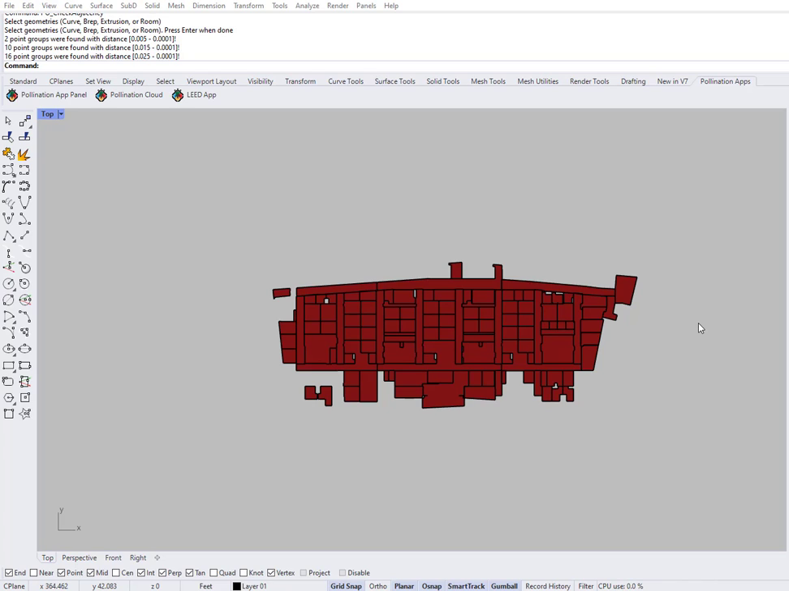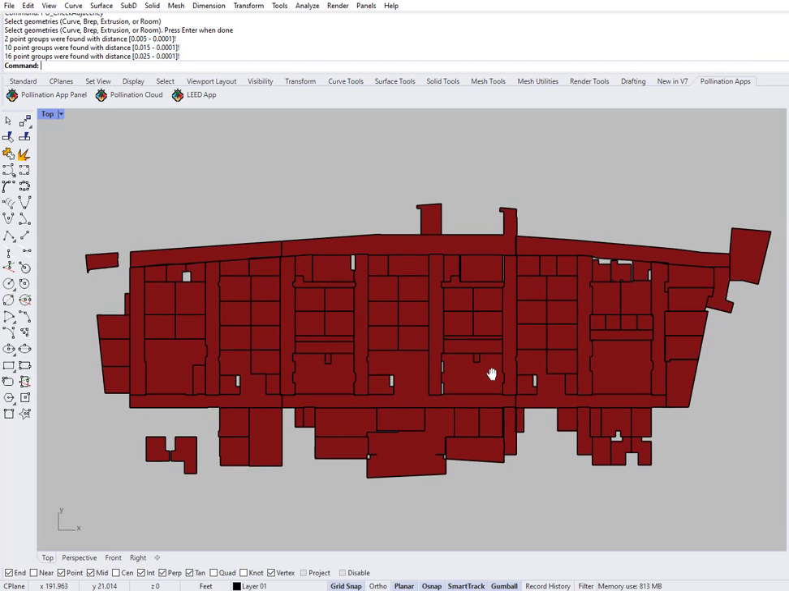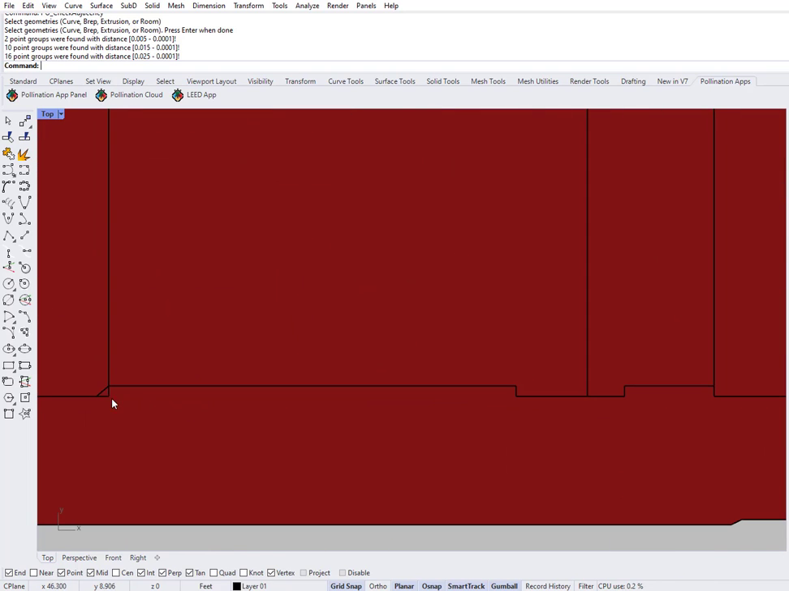Hi there, I'm recording this video to show you a few of the most recent improvements of the Rhino plugin. So this is a hospital building, a real project. I can't give any more information about the project, but this is a good example that you can see there